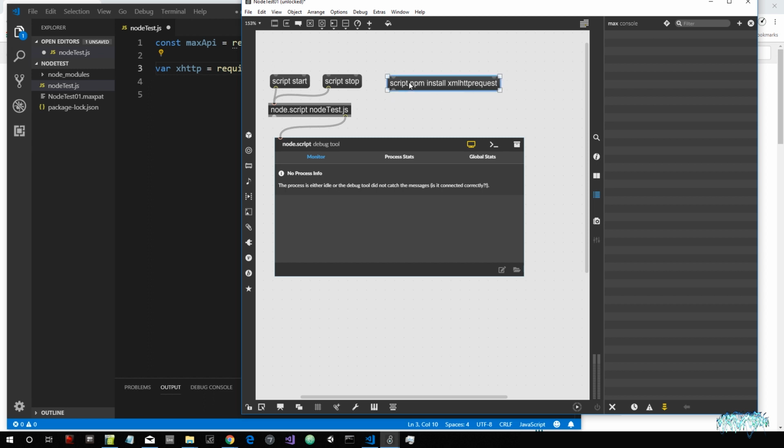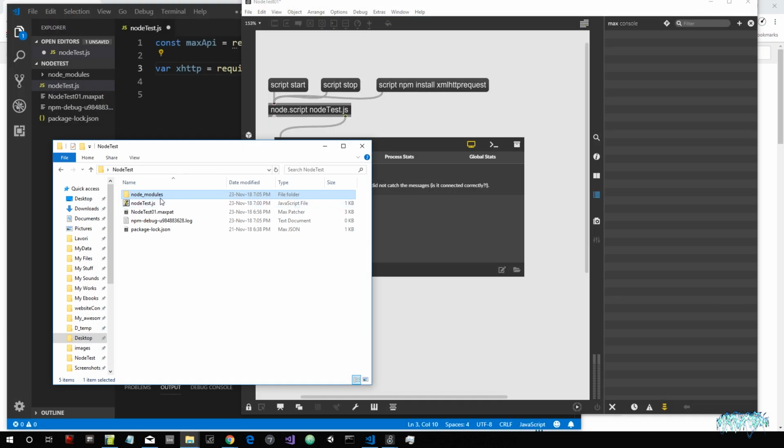Now the npm is the Node package manager, which allows us to download the packages from the internet, add it inside the current folder in which we are working in, and in this way add some functionalities to our Node code. So in this case we are going to download the XML HTTP request package that we need to perform this request. Okay, so I connect it to Node, I do that, and you can see that it will download